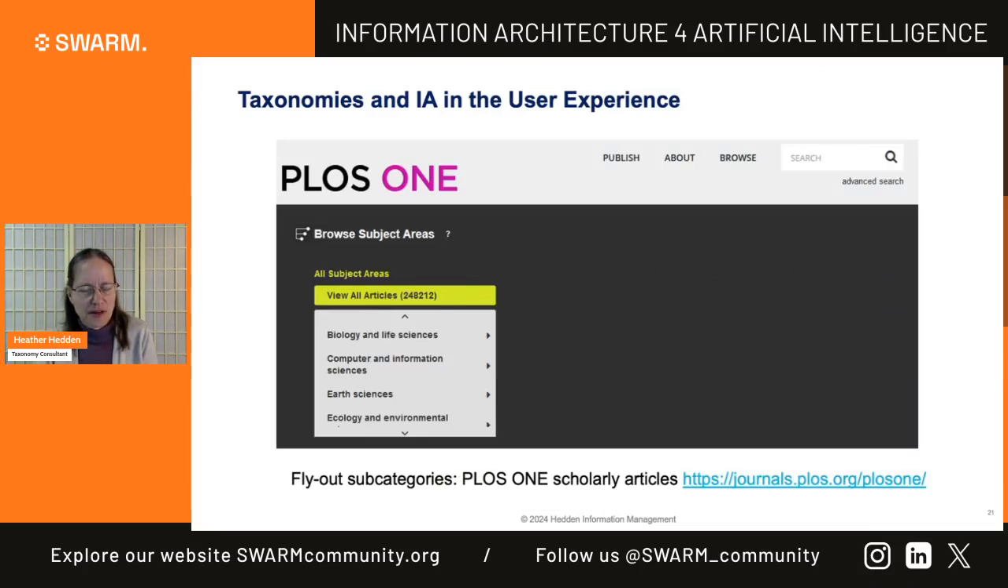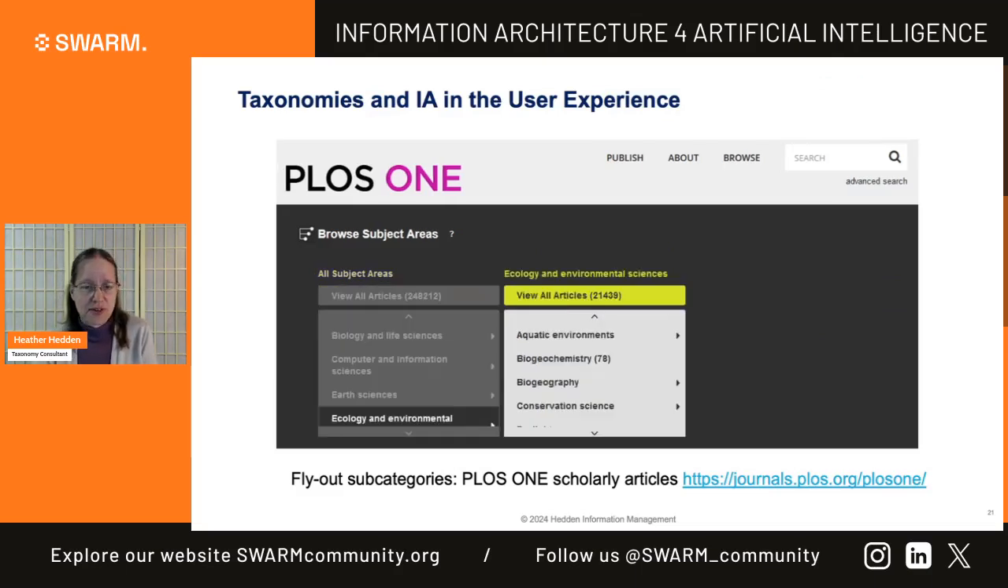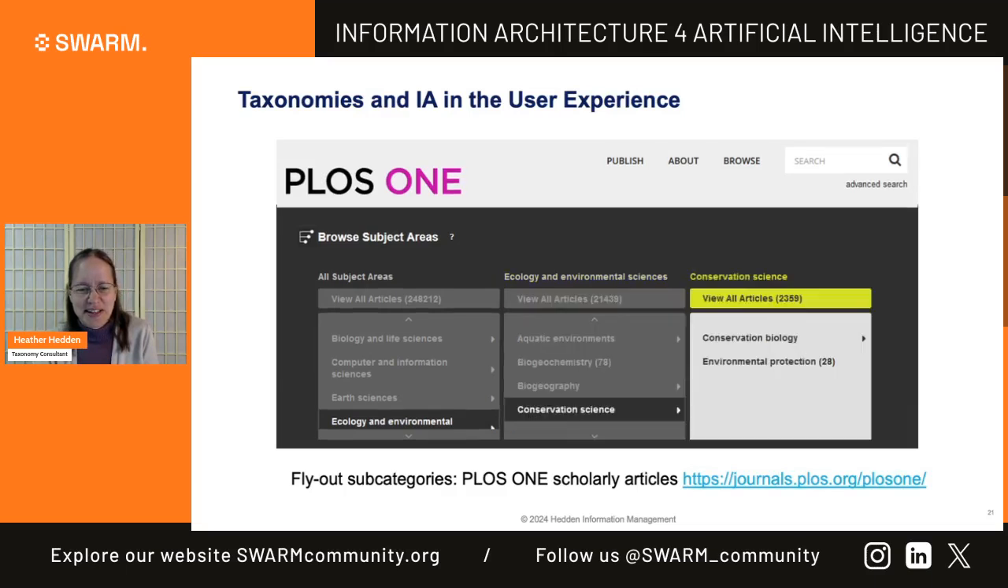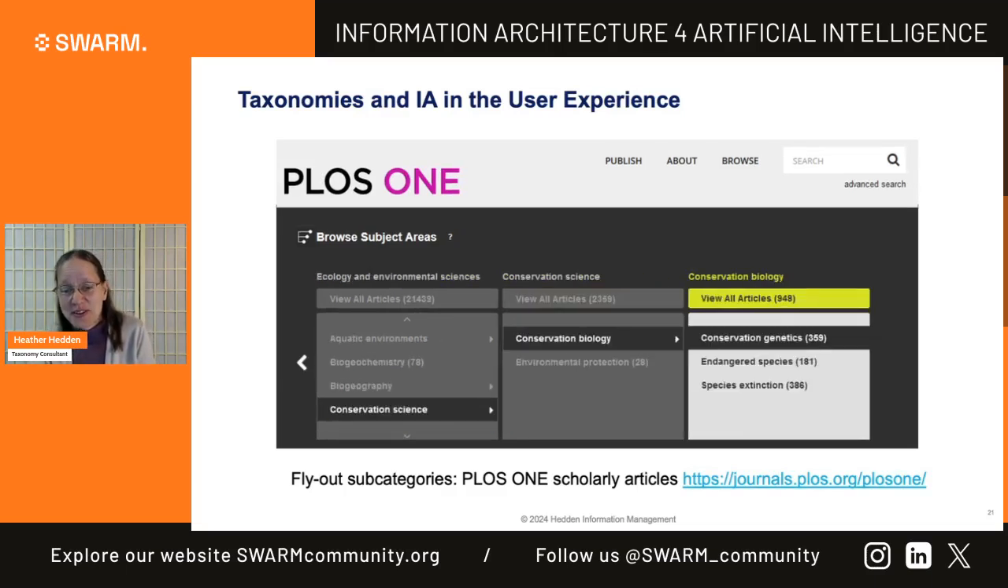This is another one. I think that the user interface has changed in the meantime. The PLOS one, these are scholarly articles where you can browse through the first level and then choose a topic, and then you get the second level under ecology, environmental sciences, and then choose another level and go to the third level and even a fourth level. It's not necessarily the best, but there are different ways that just to show how users can kind of browse